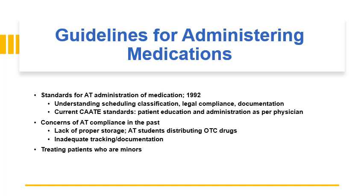Now, treating patients who are minors takes on a whole other level. If you're employed at a high school, that's obviously where you'll encounter this the most, because most, if not all, of your patients will be under 18 years of age. So a couple things with that. The Council on School Health recommends district-wide policies. So within a general district, there should be